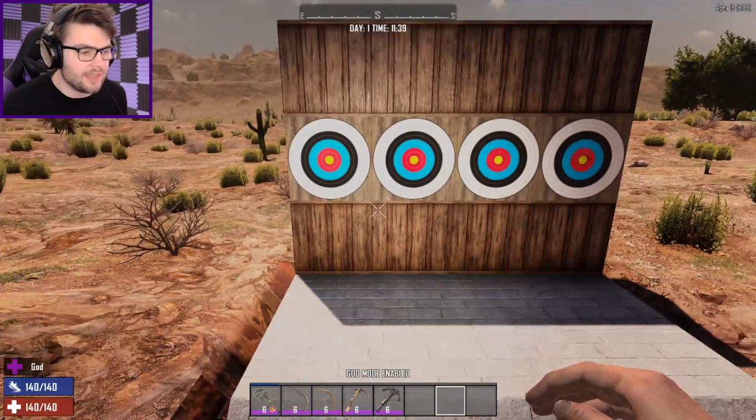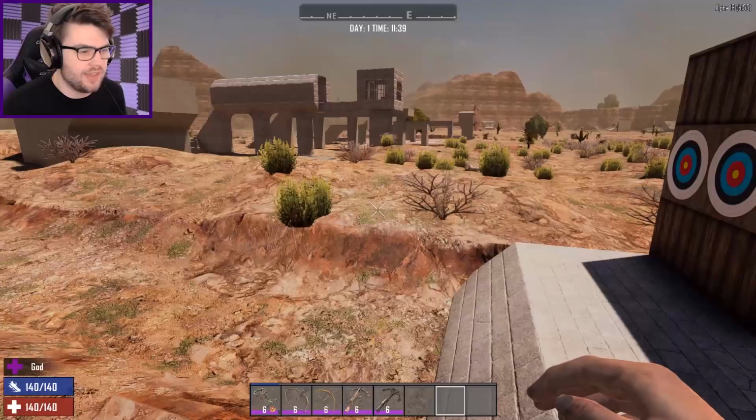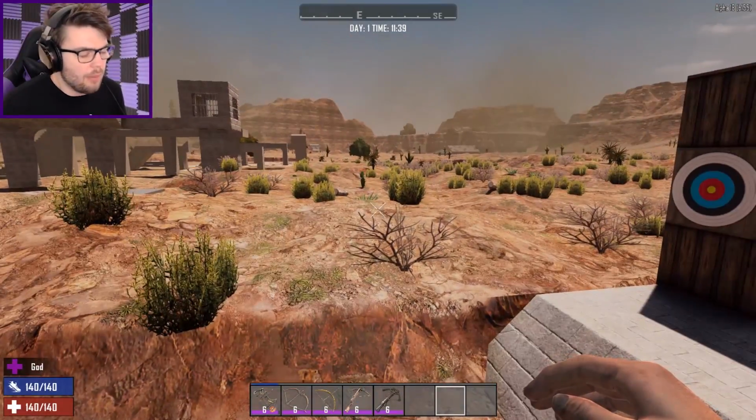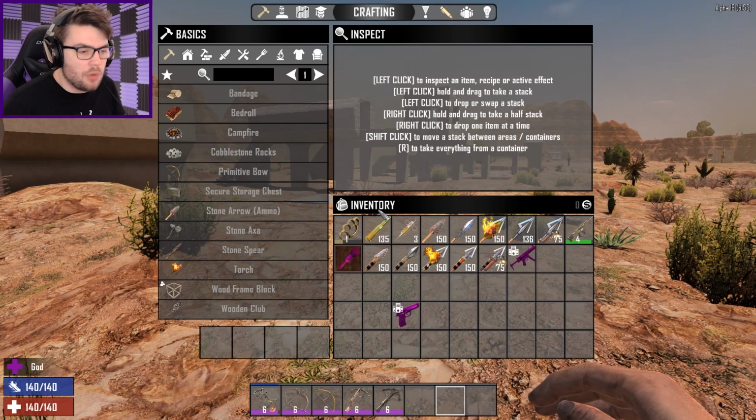I couldn't quite get the right color, but that looks about right. It looks like the targets are mounted on a wooden board, and that suits me just fine. I'm a little bit disappointed that the arrows don't penetrate. That's what I thought it was going to be, which is why I had all the different...